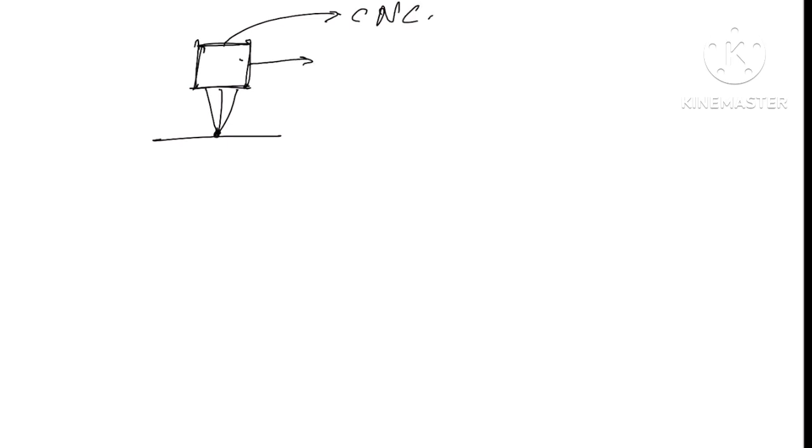In DED, a cladding head is used through which the laser and the powder particles both come simultaneously and deposit over the build plate. The cladding head consists of an arrangement of lenses and other components. But this cladding head is attached to a CNC, which is responsible for moving it over the build platform. But the product developed using DED doesn't have that much micron level of accuracy and also the rapid